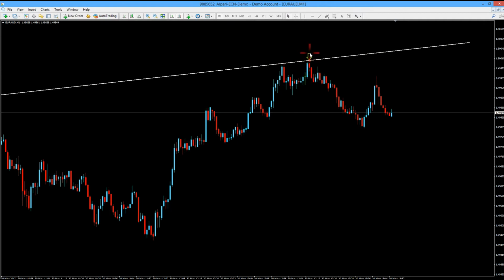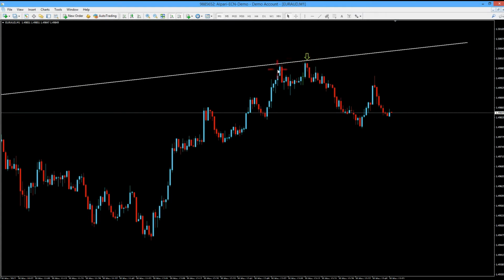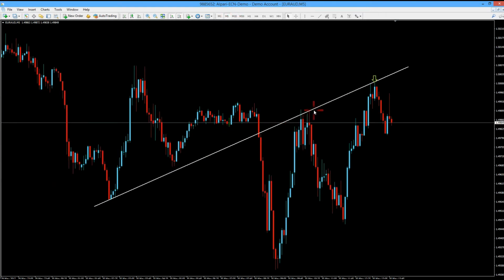So a few of the other students got a better entry. They got a higher entry than me, actually, because I shared this chart with them. This is why